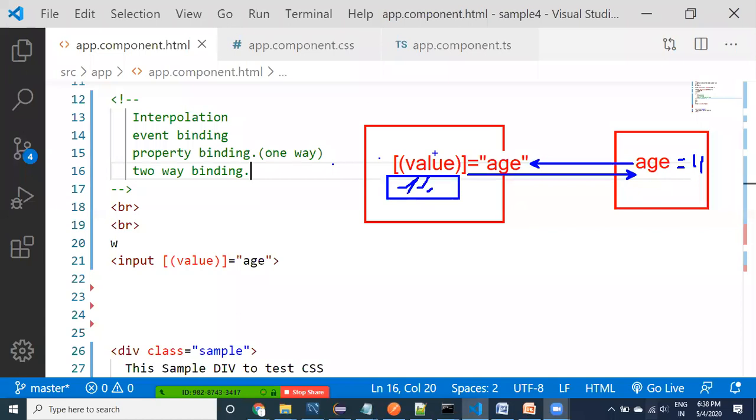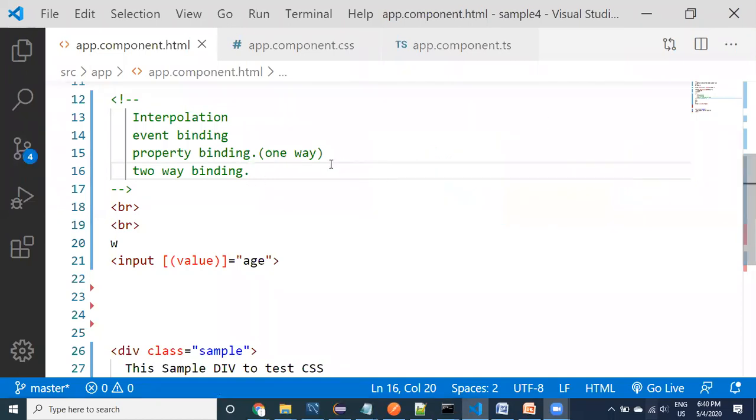So whenever we need it, we use two-way binding. Whenever it is not required, and data is only fetched from the component to the HTML once and then provided, that is one-way binding. I would like to show you the differences between one-way binding and two-way binding practically. It is simply how the name suggests: in one-way binding, data comes only one way, from the component class to HTML. Let me note it down.